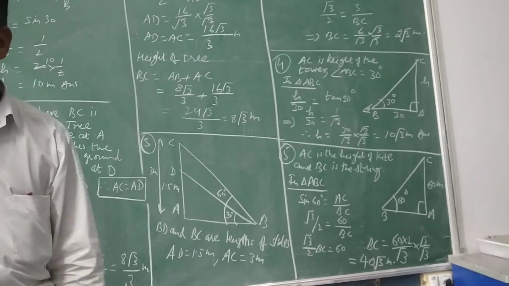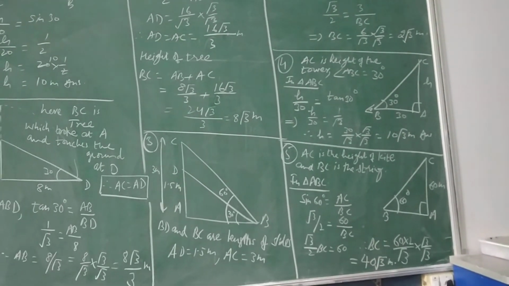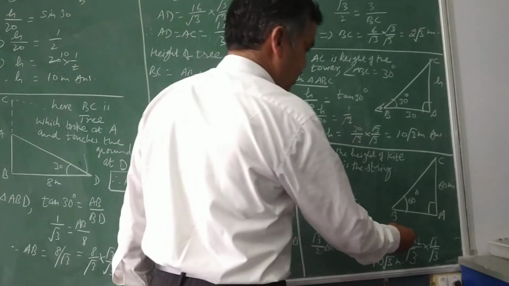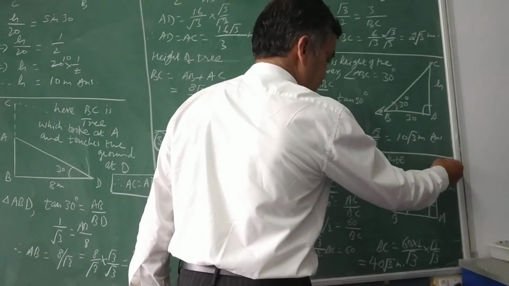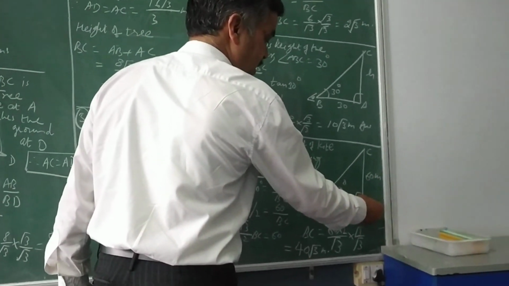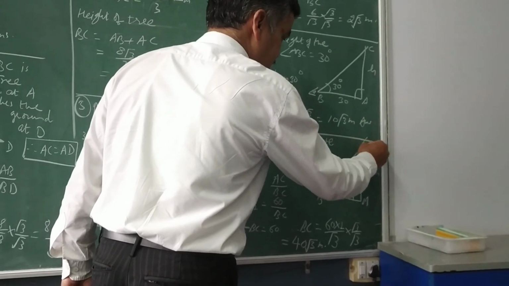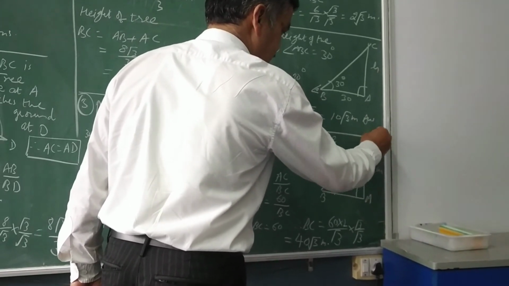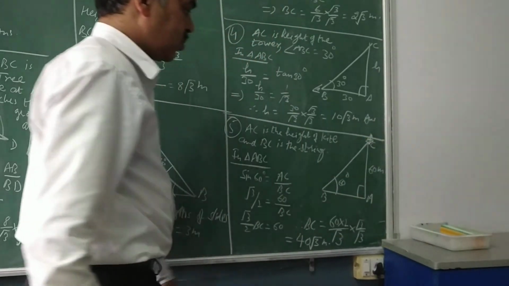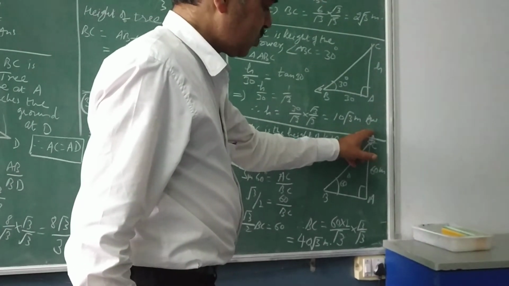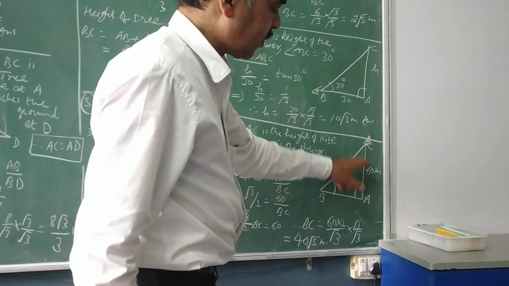Finally, in the fifth question for today, a kite is flying at a height of 60 meter. So again, height is always with respect to the ground, at an angle of 90 degrees. So this is the position. Suppose the kite is here at this height somewhere, 60 meter from the ground. So this is the height of the kite from the ground.